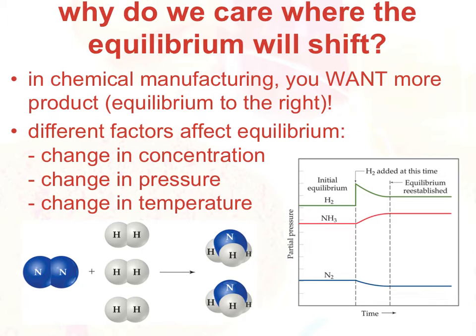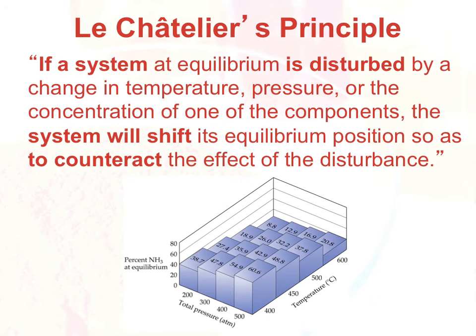So there are several different factors that are going to affect your equilibrium. Changes in concentration, changes in pressure, and changes in temperature are all ways that equilibrium can be altered. Whenever you're dealing with manufacturing, those considerations must be made so that you can maximize the yield of your products. So Le Chatelier's principle states that if a system at equilibrium is changed or altered or disturbed by a